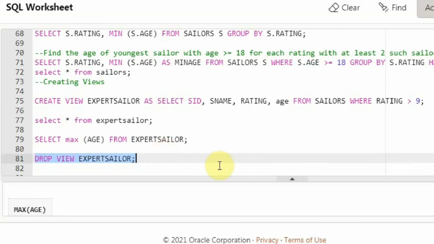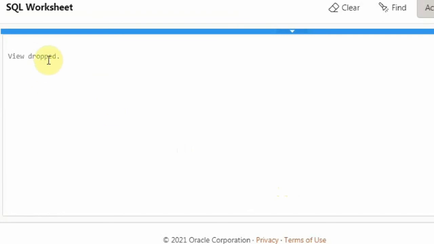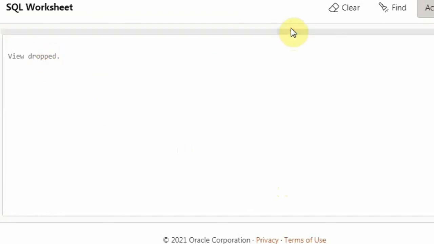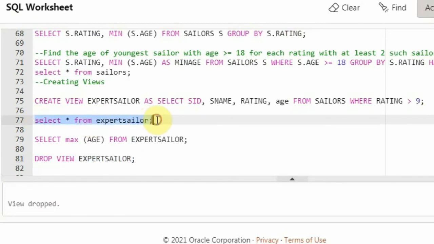So drop view expert sailor will completely remove the view definition of expert sailor. You can see view dropped. If you try to access it, if I say select star from expert sailor, it says table or view does not exist, because you already have dropped it.